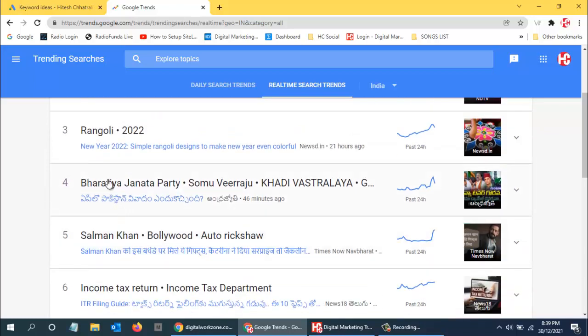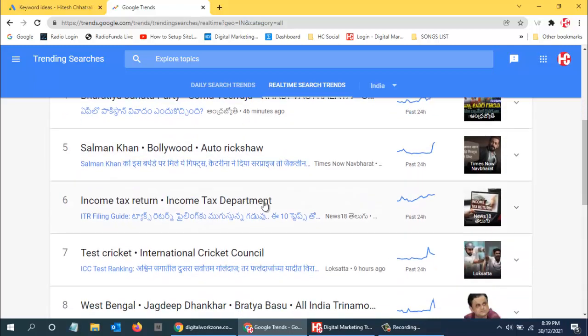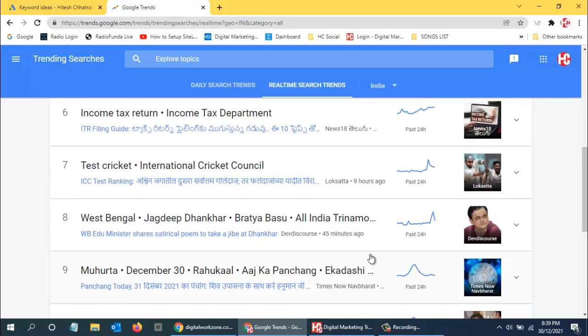Bharatiya Janata Party, this person over here, this is 46 minutes ago. See, this is the latest one. Then this one from Navbharat Times, 6 hours ago. Then this is 4 hours ago, 9 hours ago, 45 minutes ago. See, this is 45 minutes ago.